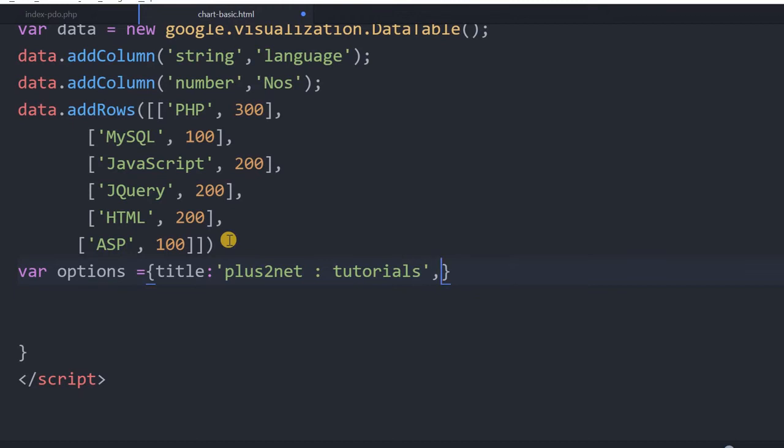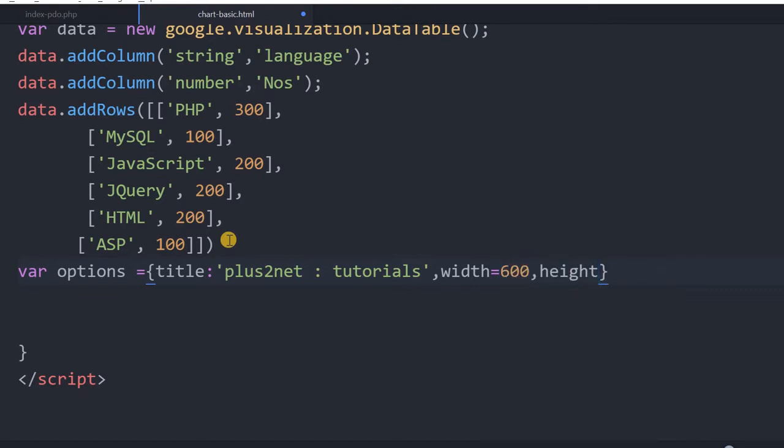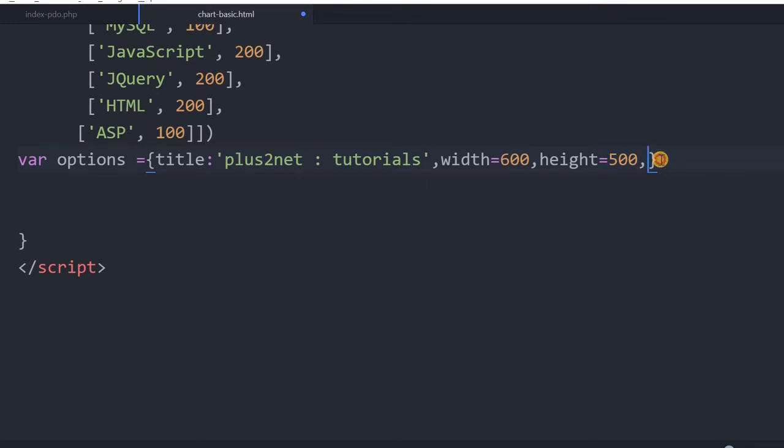Now one more important thing here: I will declare width equal to, let's say, 600, and height. This is the chart dimension I am giving. So this is how I can control the size also. Let's keep these two and move ahead. Further we'll add more options to this and customize it further, and there is a big list of customizations available. So our data feeding is over, and options we have just started with a few.